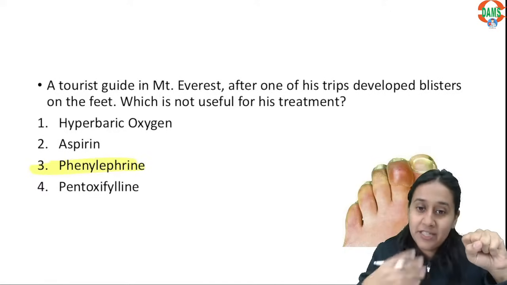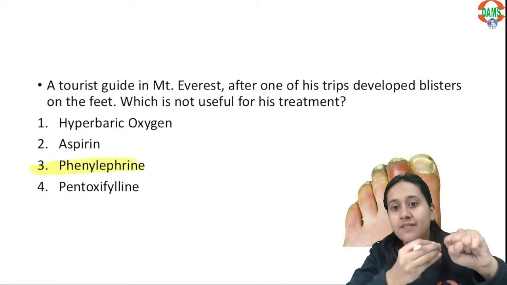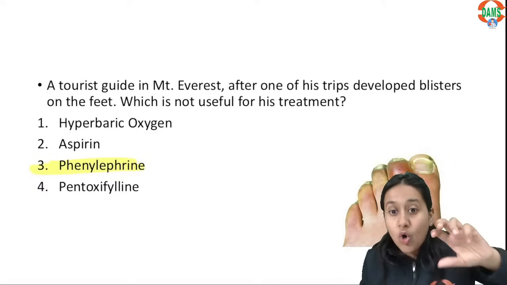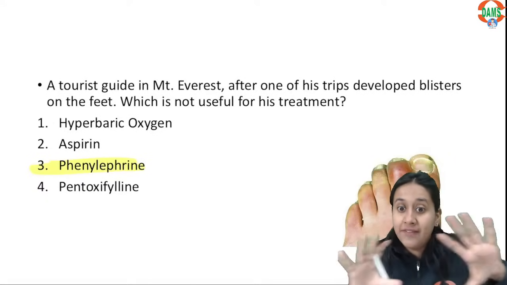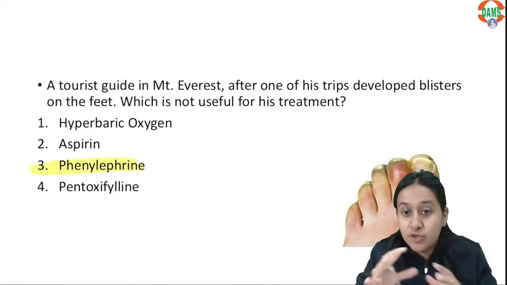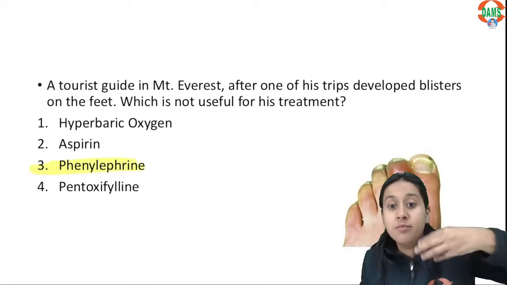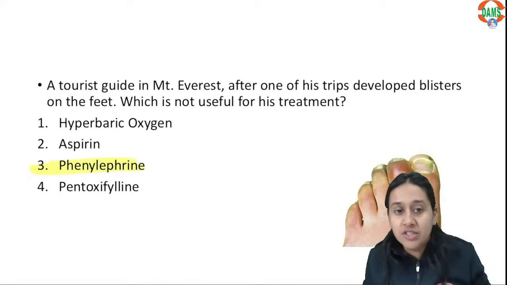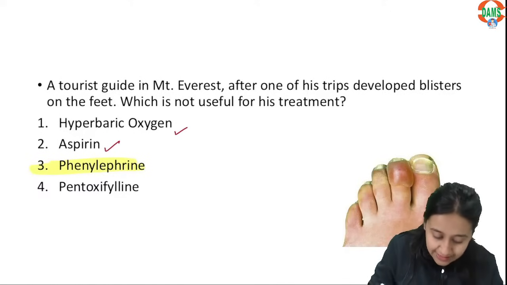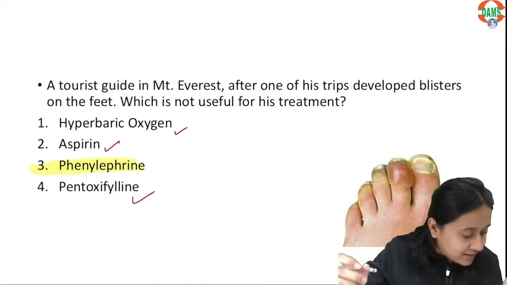If you have to treat these patients, how will you treat them? You have to give something which prevents further vasoconstriction. Either you will give vasodilators, or you will give a drug which prevents further obstruction, like aspirin, which prevents platelet plug formation, or you will give blood with more oxygen, hyperbaric oxygen. So please remember, the hyperbaric oxygen, the aspirin or pentoxifylline, which is a vasodilator,